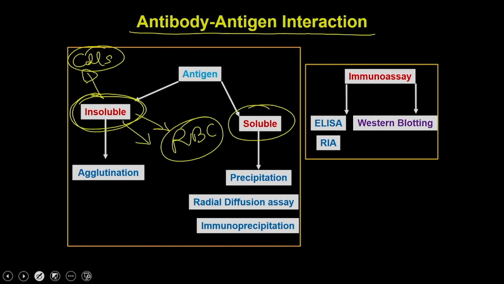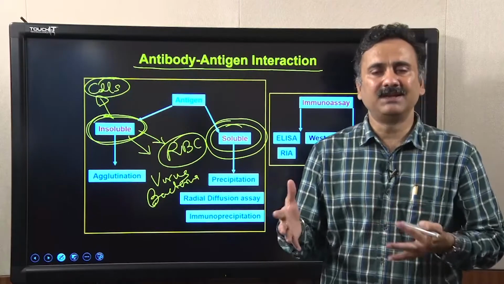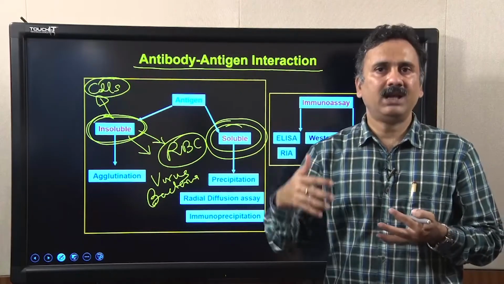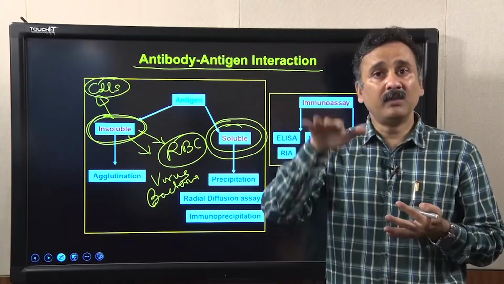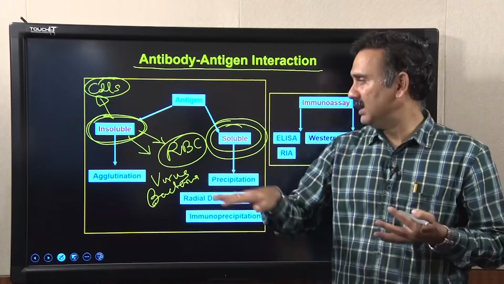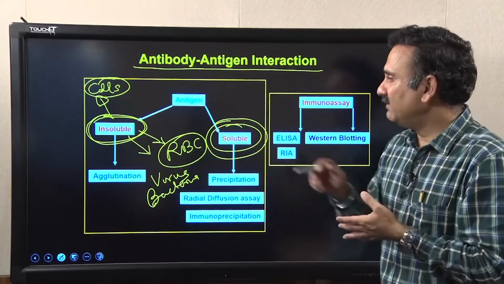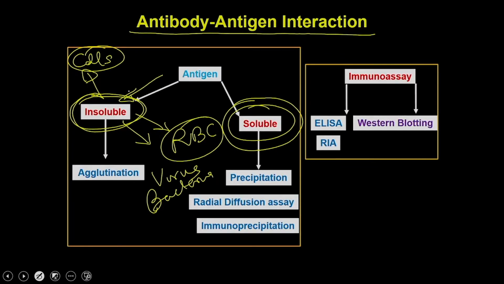The other molecules which are also insoluble are like viruses, or some of the bacteria also fall under the insoluble antigens. Soluble antigens are mostly the proteinaceous substances like proteins, or the DNA or the RNA, and sometimes also the lipids. So, the molecules which are soluble in aqueous media fall under the soluble antigens. If the antigen is insoluble, it is actually going to interact with antibodies and will participate in the agglutination